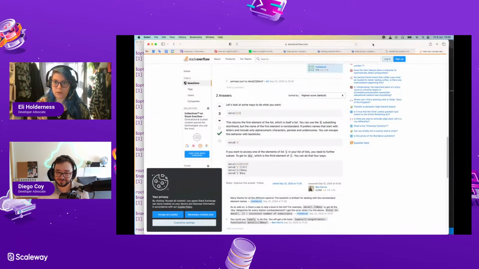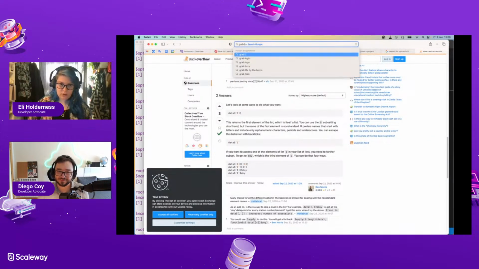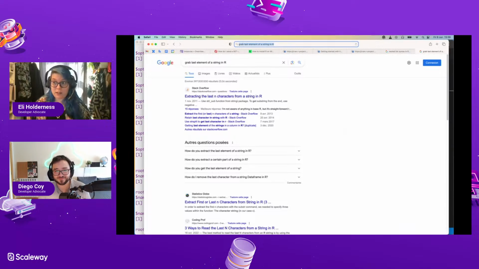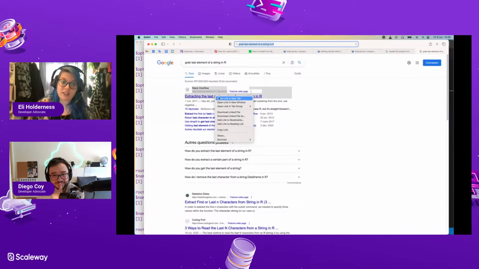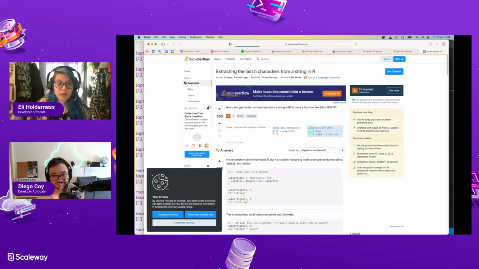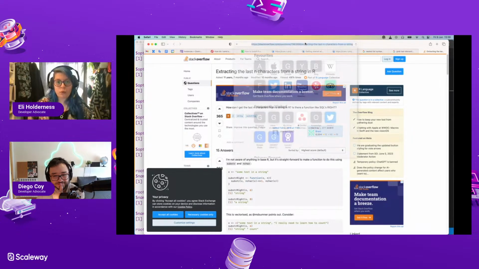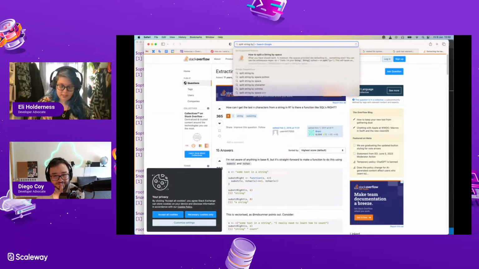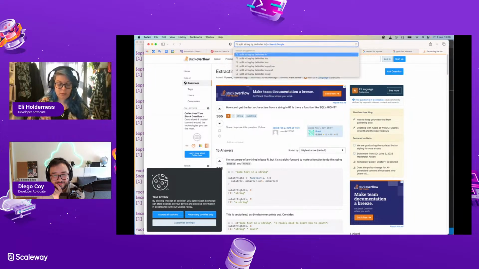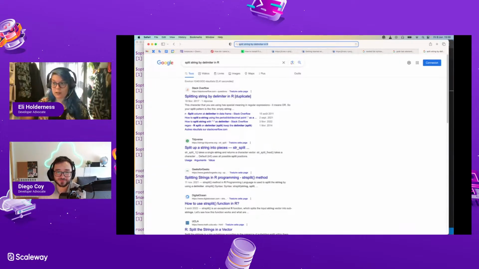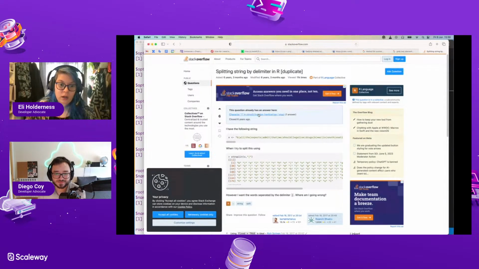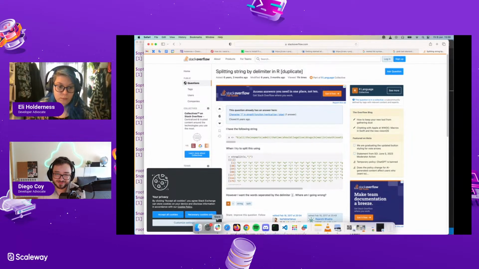I'm not going to keep assuming that it's only one character, extracting the last n characters. No, split string by delimiter in R, because what I actually want to do is split it by spaces and look at the last section. Exactly, yeah. When I try to split this string, split, cool.